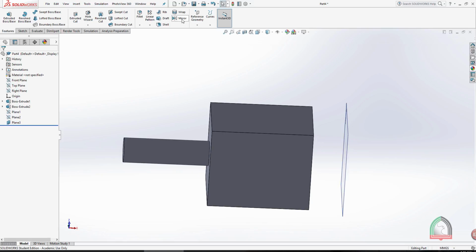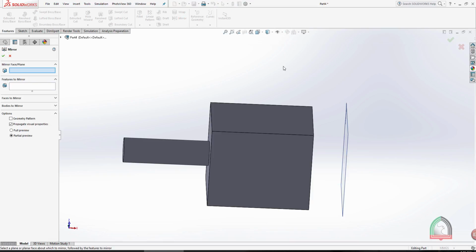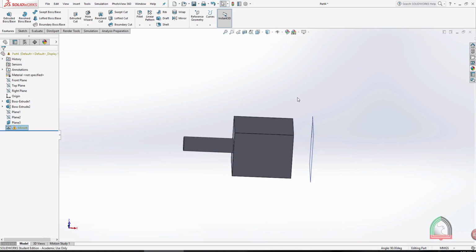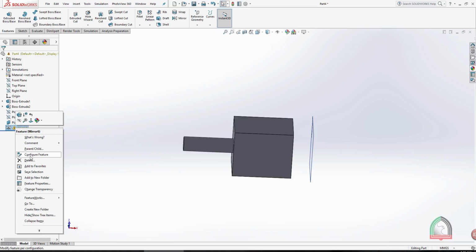Here, when we are trying to make a mirror, you can see that I'm selecting this one and I try to make this one and this one here, and so it will not come here. If you try, it shows a warning that some features are not created. So to do that one,